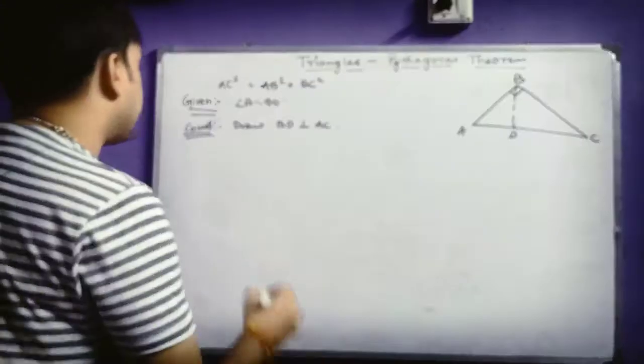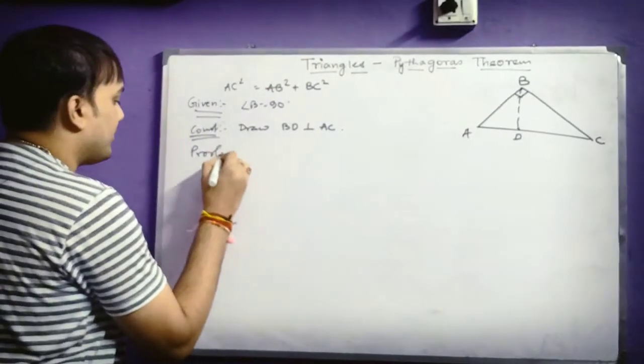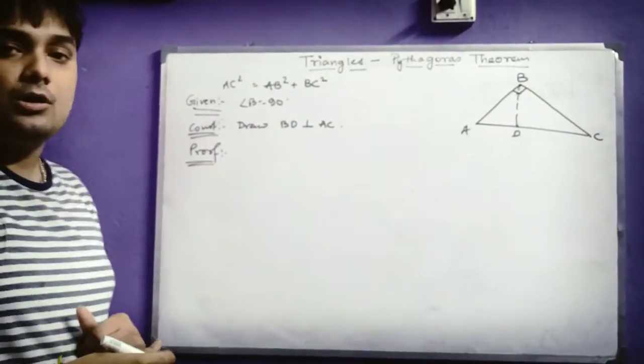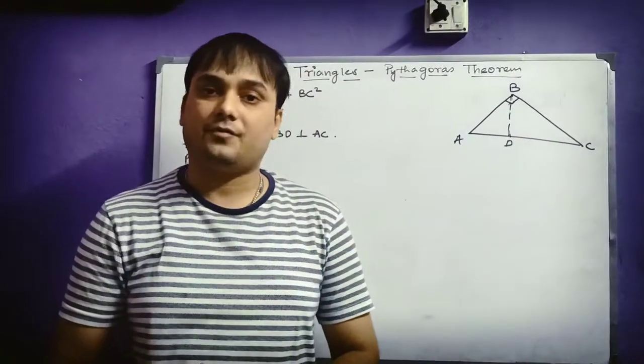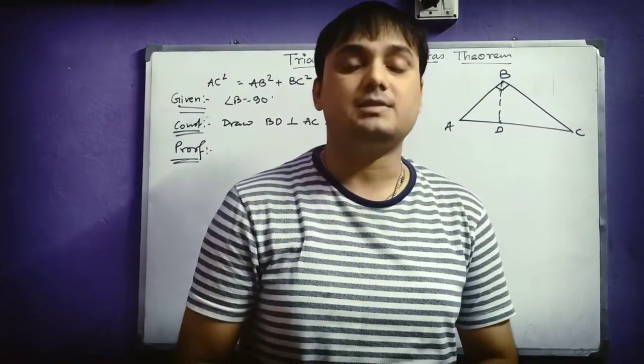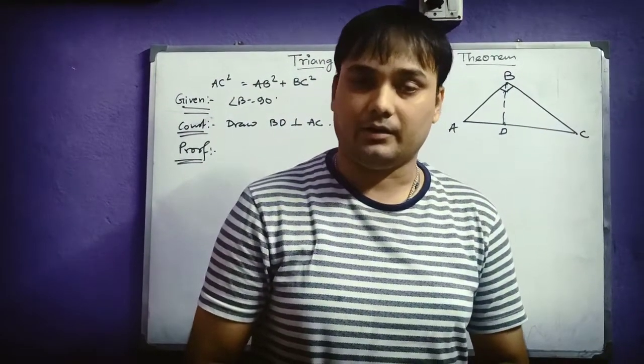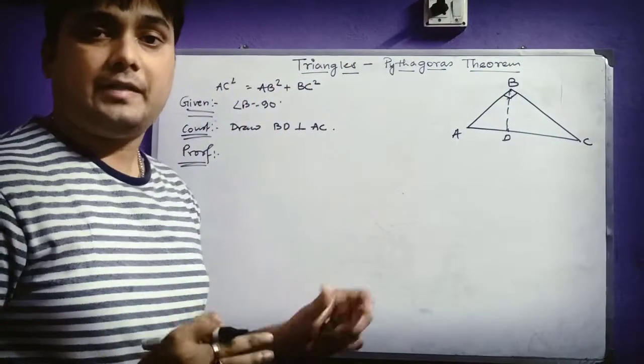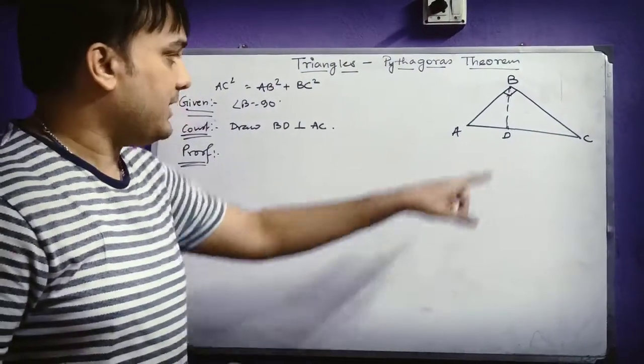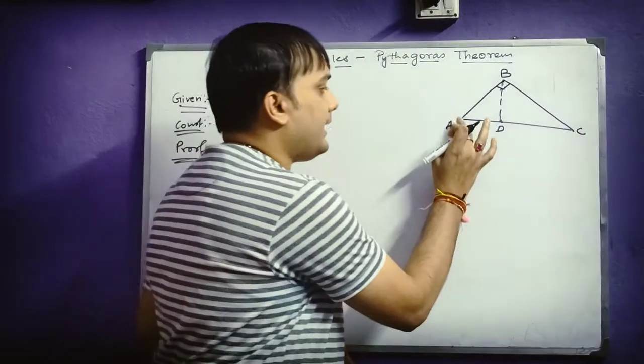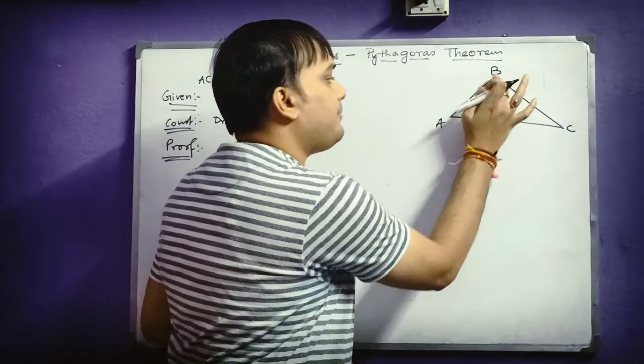Now the next step, let us start the main proof. So first, as you all are aware of the similarity of triangles, as we have discussed before in the class, that is what is similarity of triangles. Here we need to take the help of similarity only. That means let us prove this triangle ABD and ABC similar.